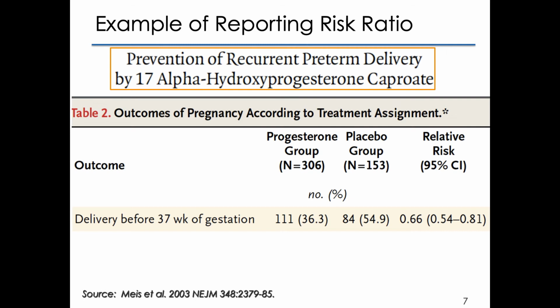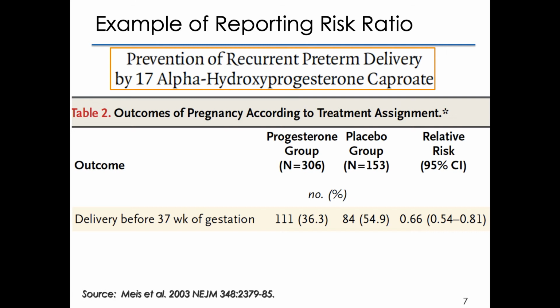So looking at the table, delivery before 37 weeks of gestation happened to 111 in the progesterone group with a total N of 306. So the risk in the progesterone group was 36%. And then the placebo group, 84 preterm deliveries out of 153 total N, so roughly 55% risk of preterm birth